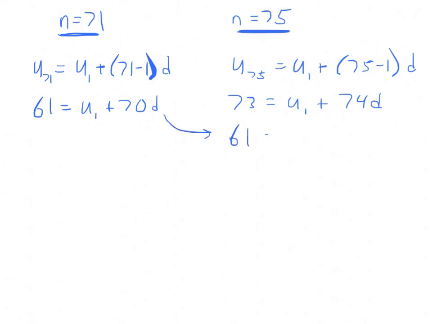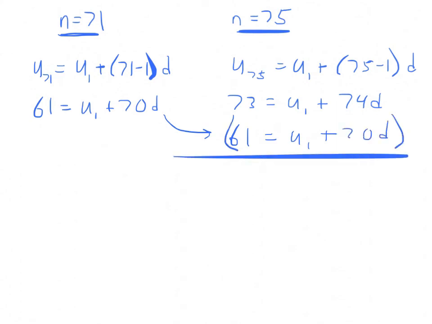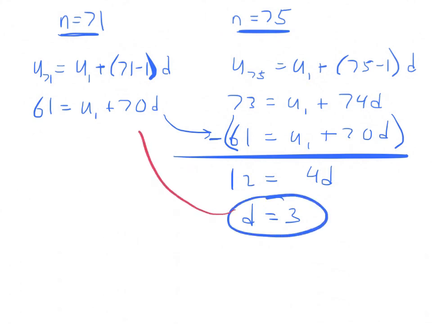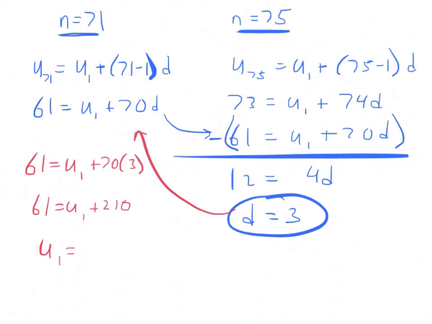So 61 is u1 plus 70d. We can subtract equations here. I'll end up with 12 equals 4d. Great, that means d has to be 3. Now that I have that, I can plug it back in over here. 61 equals u1 plus 70 times 3. 61 is u1 plus 210, which means u1 has to be negative 149. Great. So now I have my first term, I have my common difference,